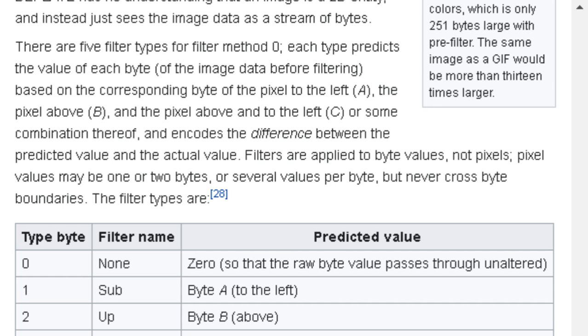There are 5 filter types for filter method 0. Each type predicts the value of each byte of the image data before filtering, based on the corresponding byte of the pixel to the left, A, the pixel above, B, and the pixel above and to the left, C, or some combination thereof, and encodes the difference between the predicted value and the actual value. Filters are applied to byte values, not pixels. Pixel values may be 1 or 2 bytes, or several values per byte, but never cross byte boundaries. The filter types are: